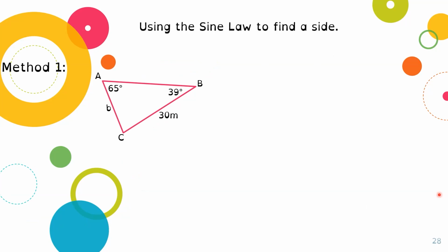All right, so now we're going to do using the sine law to find a side. We have two methods that we can use, and this is going to be the first method. So we have a triangle ABC, where this time we have two angles and we're looking for a side. We have angle B, which is 39,